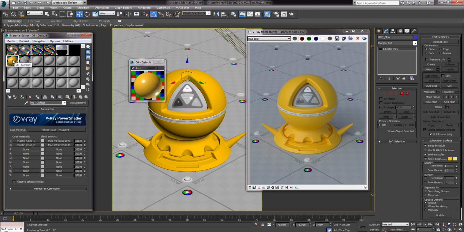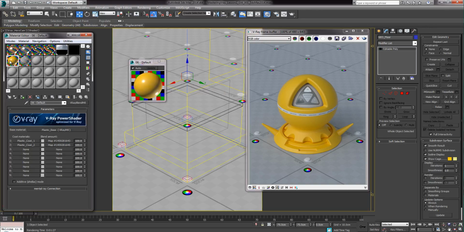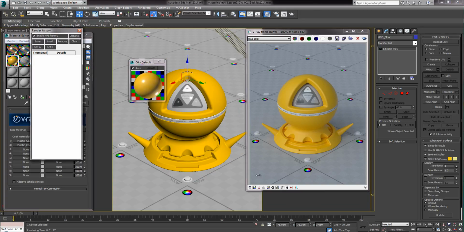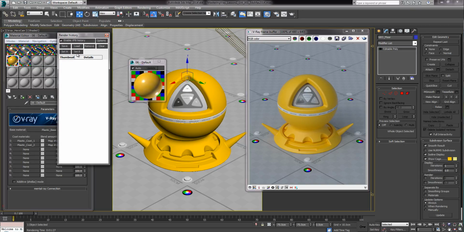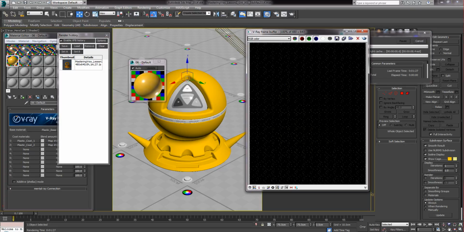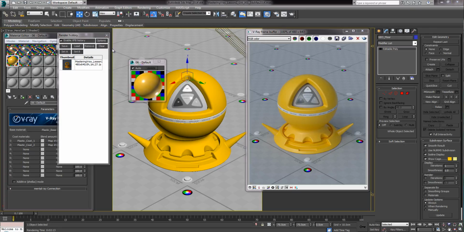So I'm just going to do another render of that and show you the difference. I'm just going to save this initial render in the history. And I'll re-render. Just going to set this new one as A and B so we can compare the two. Now if I slide between them,